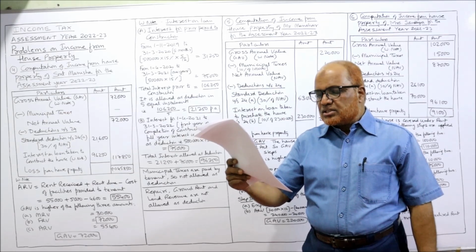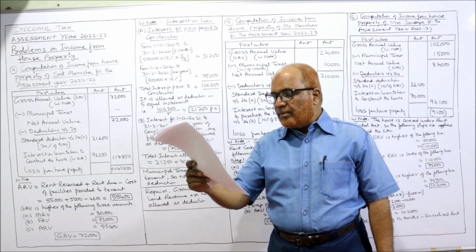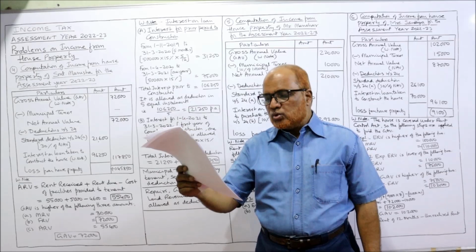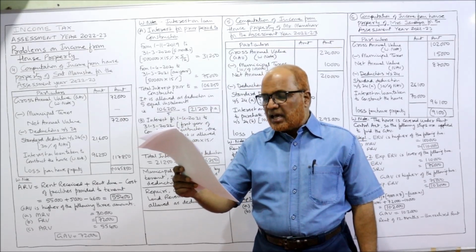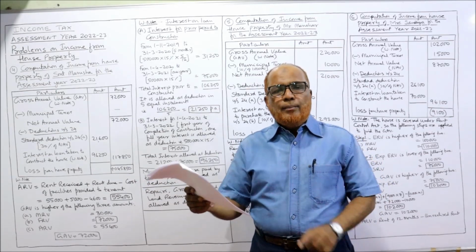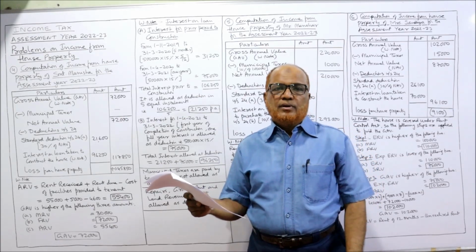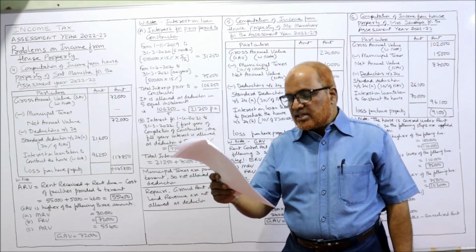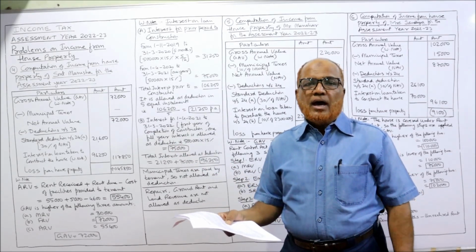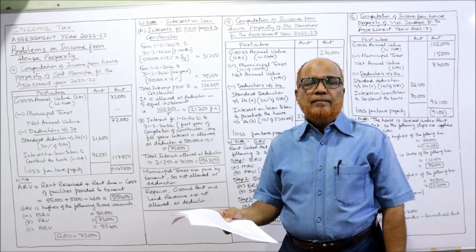The house is constructed by taking a loan of 5 lakh rupees at 15% rate on 1st November 2019, and no amount of principal is repaid so far. Interest is paid as and when it is due. Actually, our current previous year is 21-22, but she has taken a loan to construct the house. She took the loan on 1st November 2019, and construction was completed on 31st August 2021. That means there is a